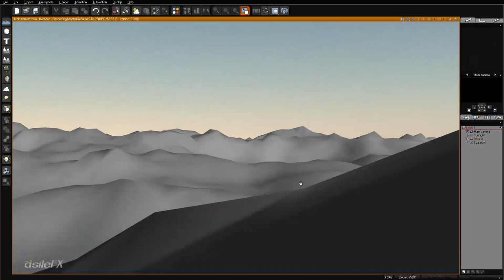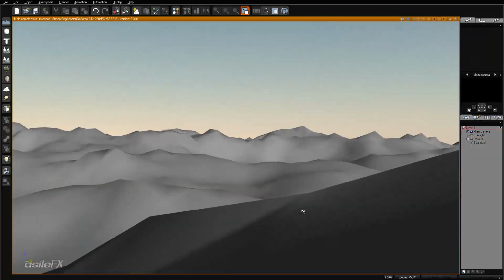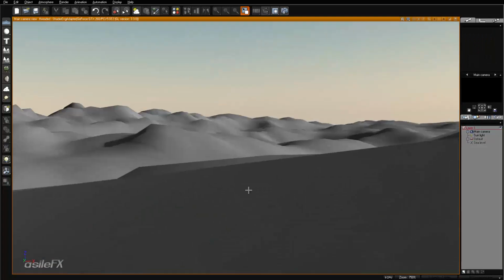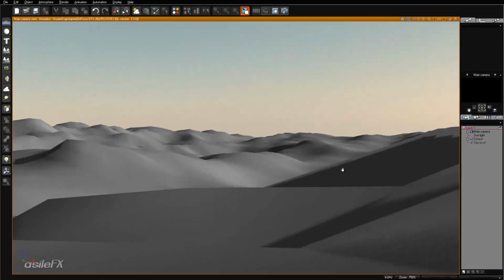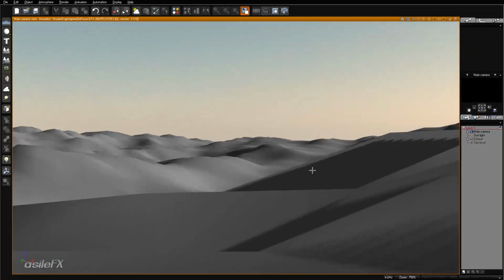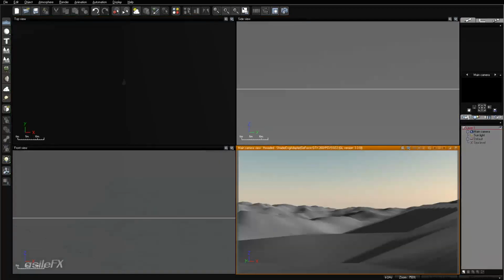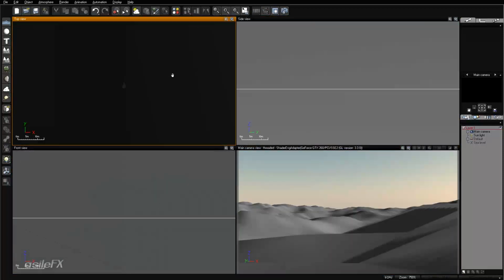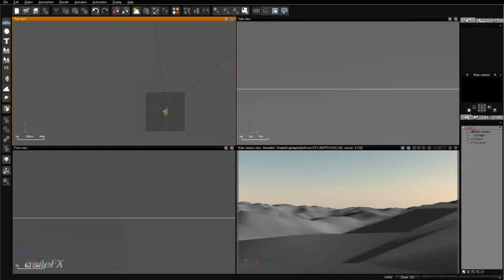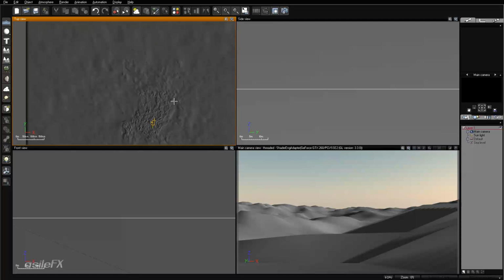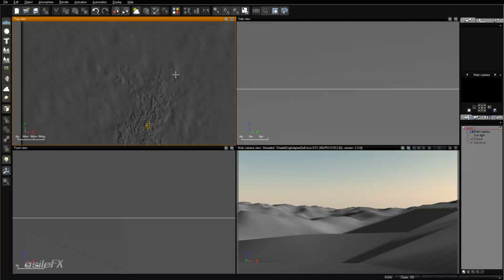So the procedural infinite terrain is loaded into the scene now, and it's going to extend to the end of the render area or to the horizon for as much as needed. So in other viewports, if we double click on the bar or go up to the top, you can switch between the 4 viewport mode. If you go to the top view and zoom out, eventually we will see an end of the terrain, but if you were to move the camera